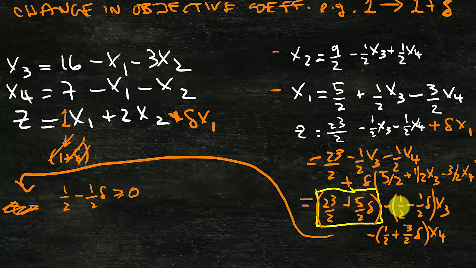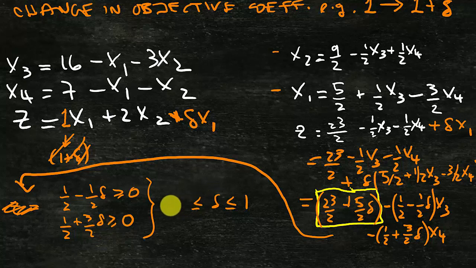Okay, for this to be optimal: if this goes negative, then we have an increase in the objective function, and I would make x3 basic. The same thing with the other expression. Also a half plus 3/2 delta has to remain greater than 0 for optimality. And these two then imply that delta is less than 1. And this implies that delta is greater than